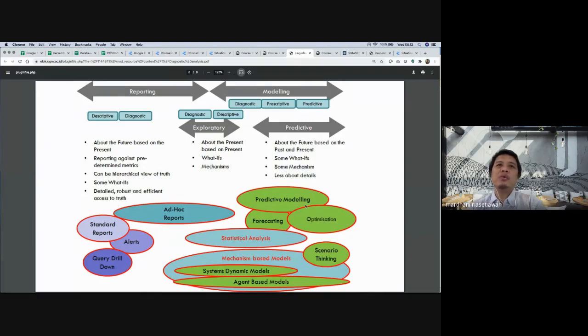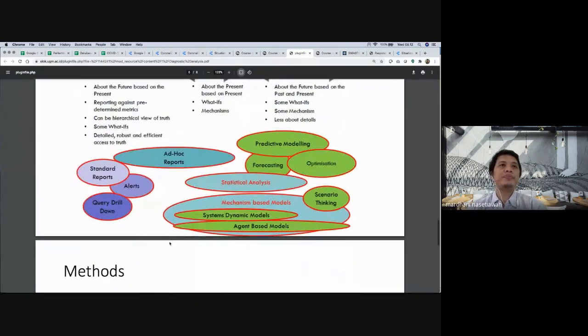So here we will focus more on developing predictive modeling, doing some forecasting and some optimizations, and statistical analysis, building system dynamic models, agent-based models, and doing scenario thinking. This is how we think about developing the model for predicting, and then doing predictive, prescriptive, and cognitive analytics. That will be the challenge here.